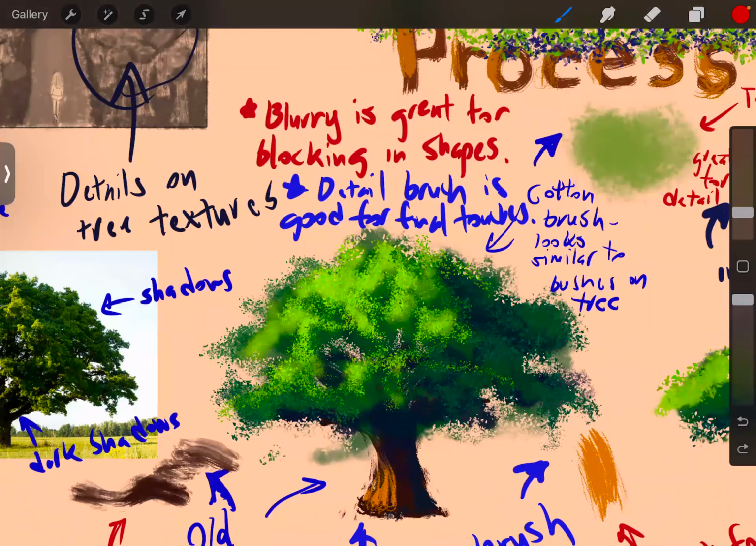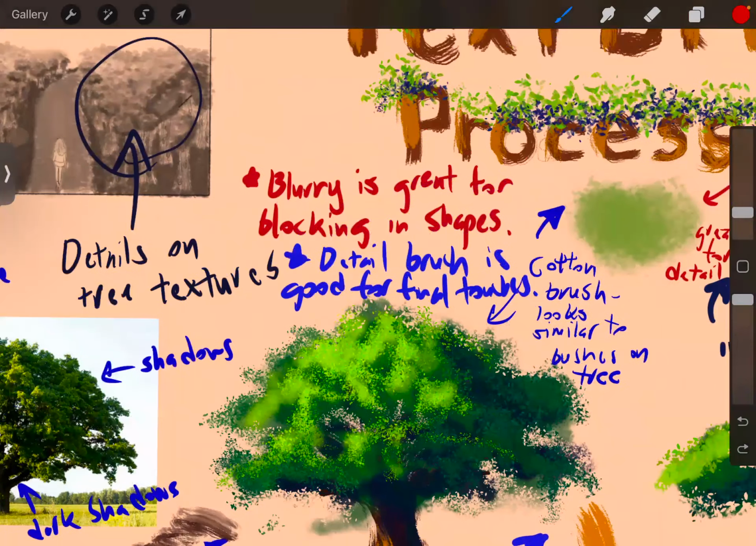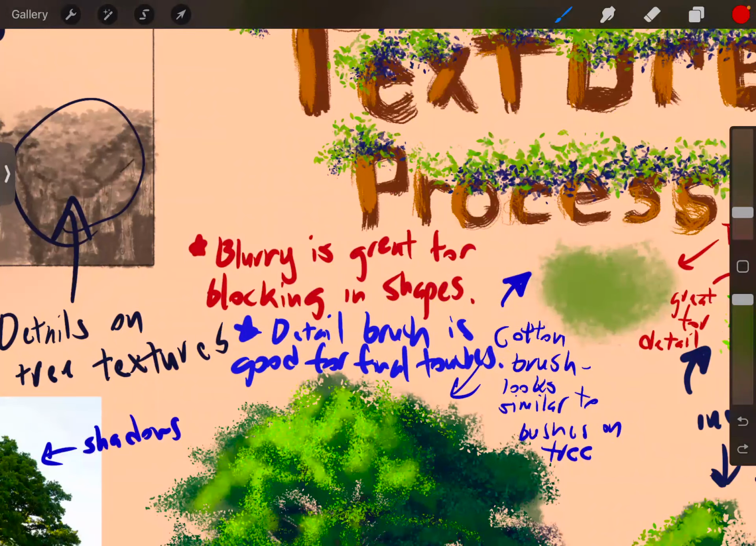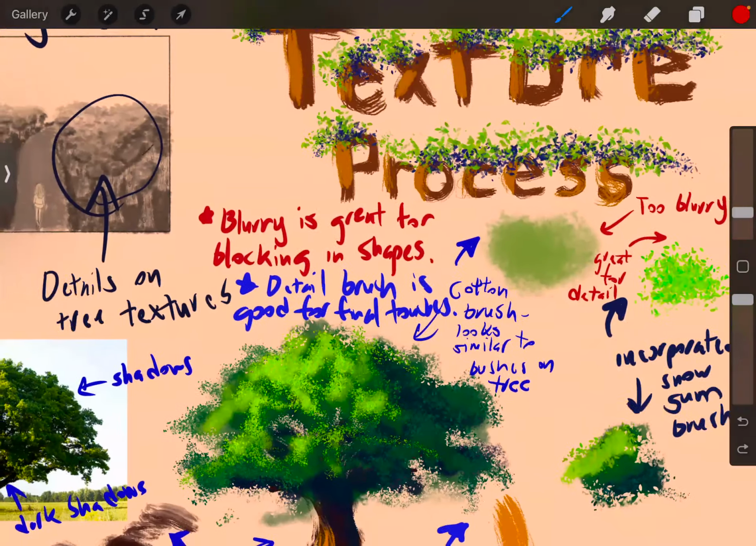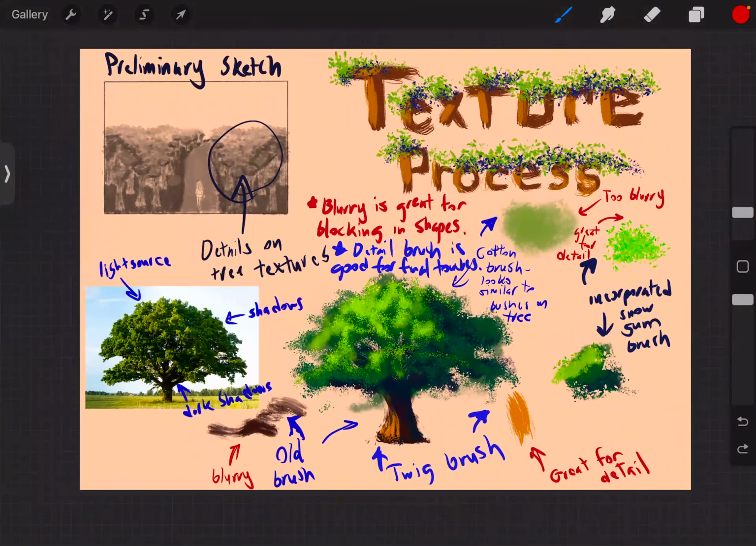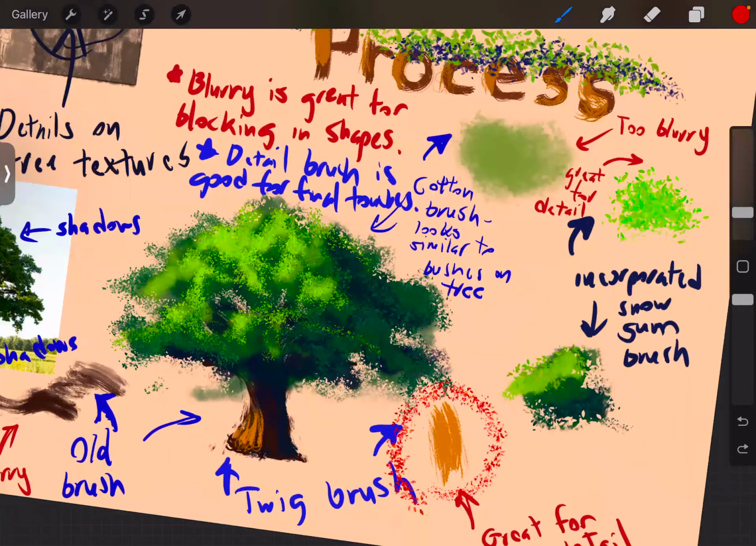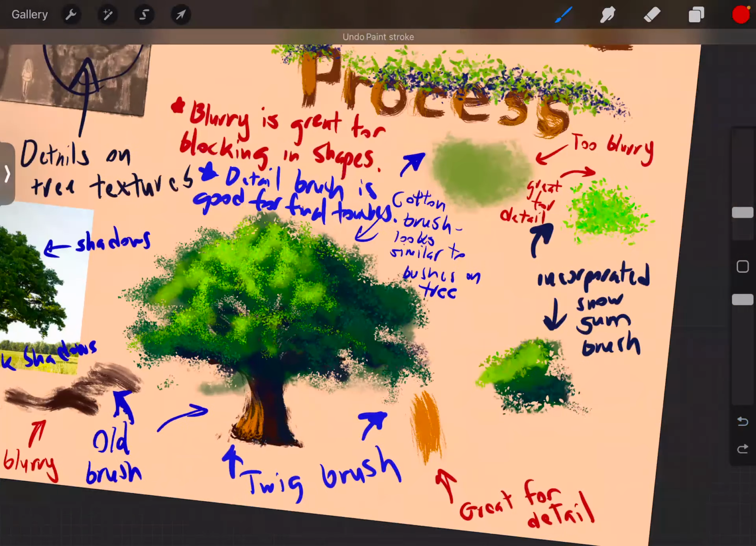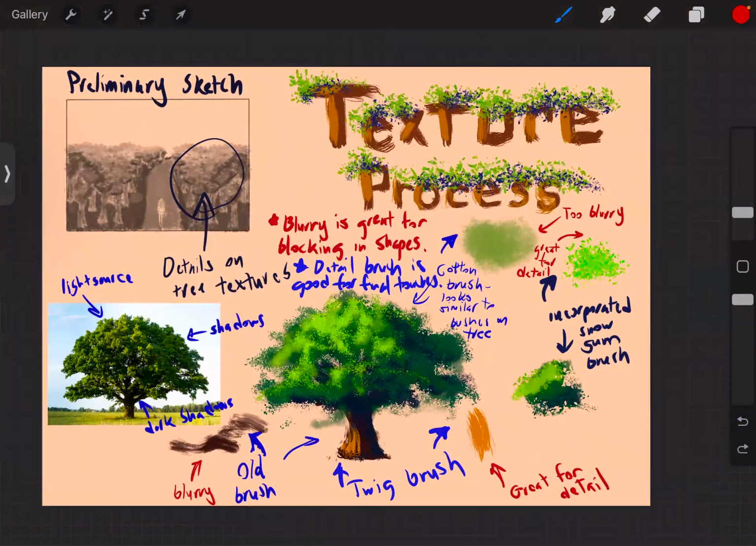I use a more blurry brush. Blurry is great for blocking in shapes, and then the detail brush is nice for final touches. So I labeled everything in terms of the brushes that I use and how the brushes actually look when you use them, and you basically want the whole concept of